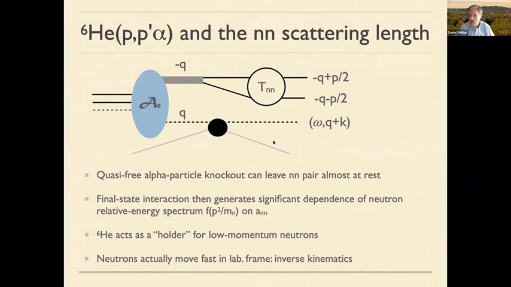And this, as I indicated on my first slide, results in the neutron-neutron pair being left behind. And at that point, they sort of propagate to the target with the bulk of their motion being that they inherit the center of mass motion that the helium-6 had because it's in inverse kinematics. And then what you're really trying to measure then is the distribution of the relative energy. So in this kinematics that I've chosen here, that would be as a function of little p, right? You're trying to measure the distribution of neutrons as a function of that. And the idea is that this neutron-neutron final state interaction leaves a strong imprint on that final state energy distribution.